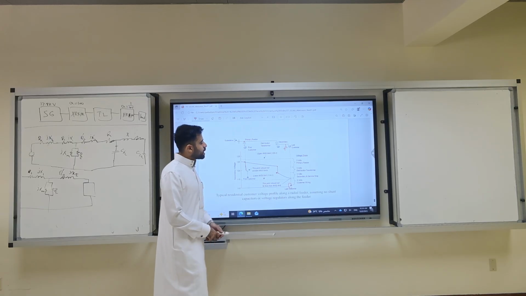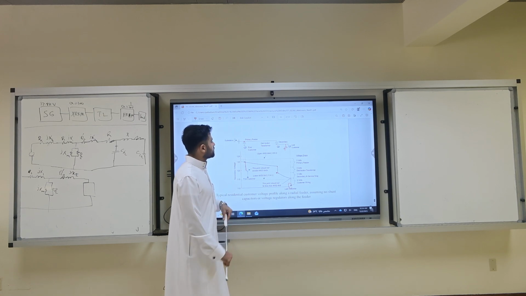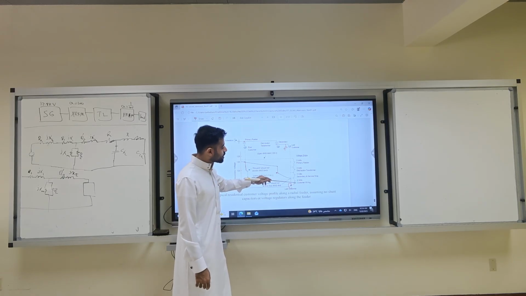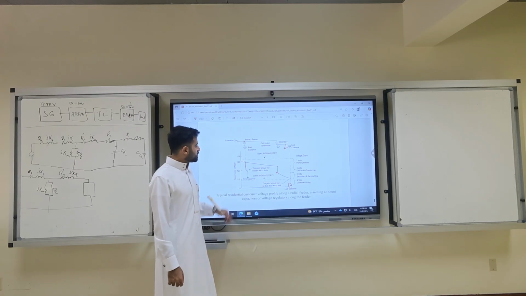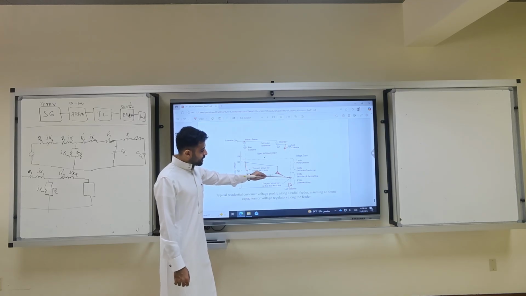You also need to add secondary and service drop. You also need to include 4 volts of customer wiring. So maybe customer 1, customer 2, they're all going to be fine. But the last customer,